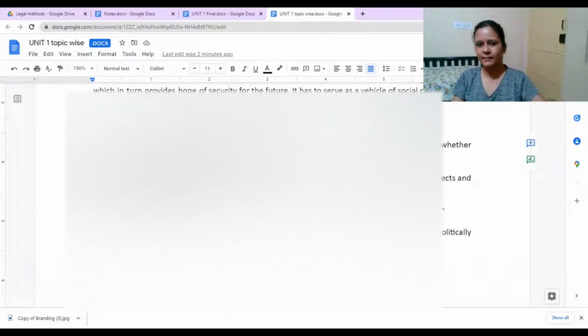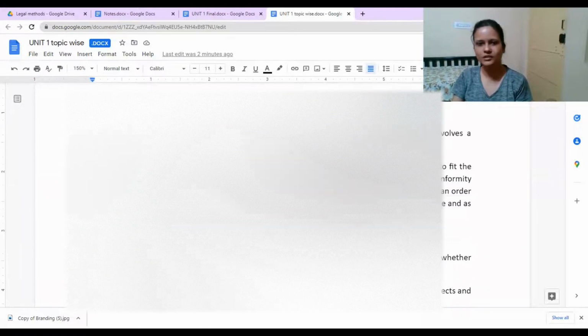First one is given by Blackstone. He says, law in its most general and comprehensive sense signifies a rule of action, whether animate, inanimate, rational, irrational. So these are basically the definitions given. There are a lot of other definitions also. You can look for the definitions that you find easy to remember, and you can remember 4 or 5 definitions for the purpose of exam. Plus, what is law?